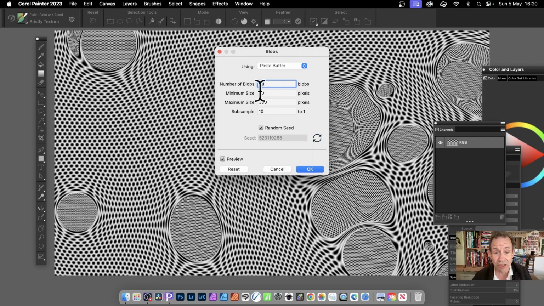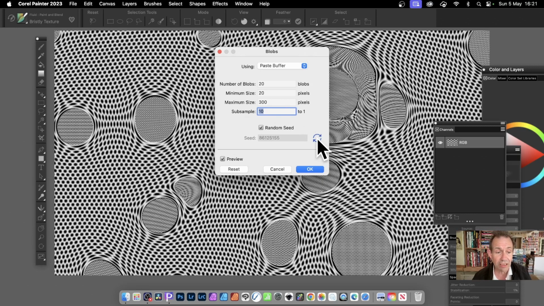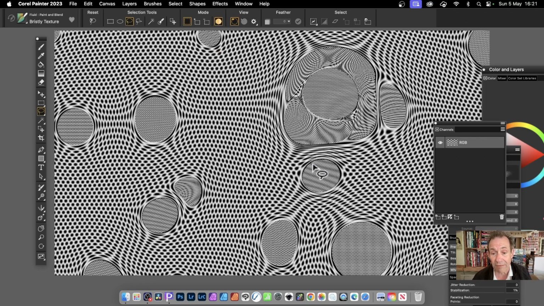And you can also change the size, the maximum size, as well as how good it looks, the subsample. And also you can randomize it. So you might change your mind and maybe decide that looks better. Then click OK. Now you could just use that if you want, but also you can add maybe some raised